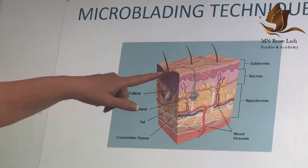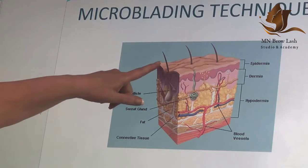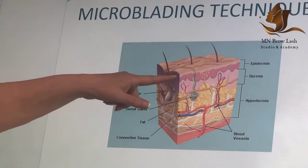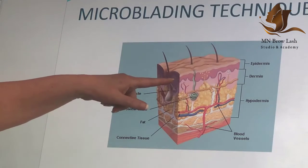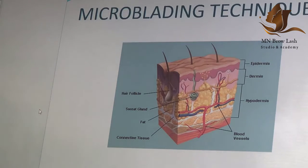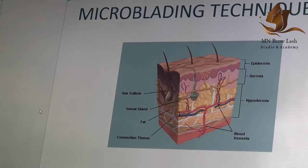The epidermis, you have multiple layers in the epidermis, and then there's this little junction here before you get into the dermis. Now the dermis is where you have all of your blood supply, you have your collagen, you have your elastin, all of that. In that little junction...